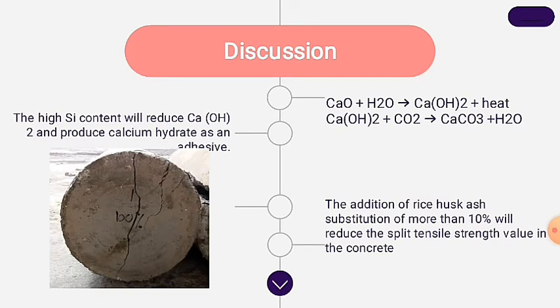The addition of more than 0% rice husk ash increases the strength of geopolymer concrete. This is due to the content of silica and alumina in rice husk ash, so the polymer bond will be stronger. The high silica content will reduce calcium hydroxide and produce calcium silicate hydrate as an adhesive. Look at the reaction. The addition of rice husk ash substitution of more than 10% will reduce the split tensile strength value of the concrete,